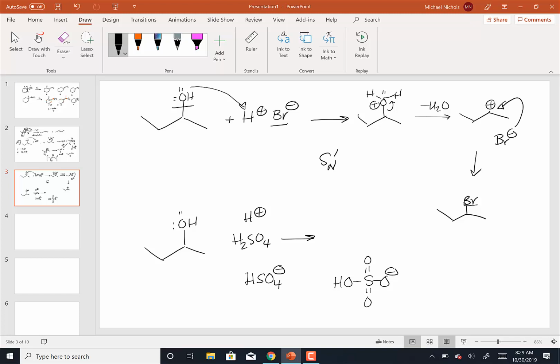That would be the structure of HSO4 minus. And the reason that that's a weak base is because it's very stable. Why is it stable? Because it has multiple